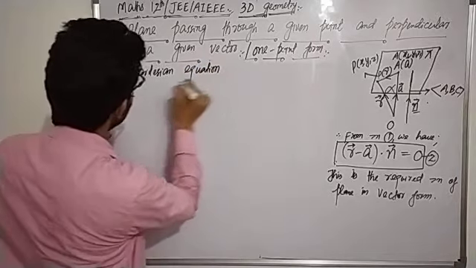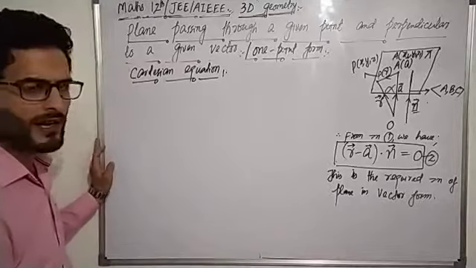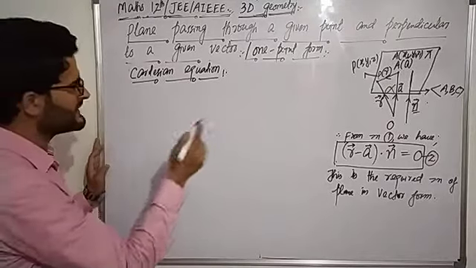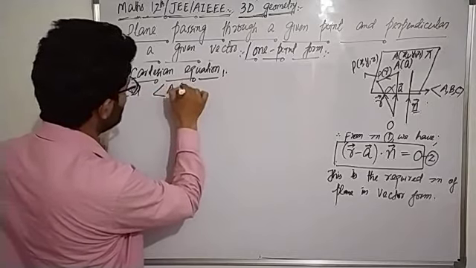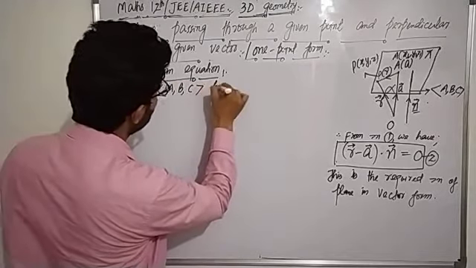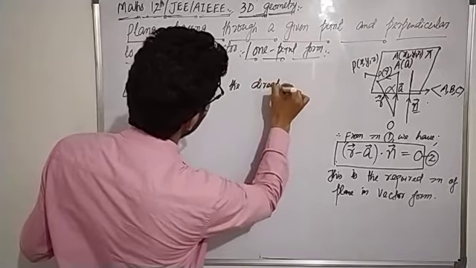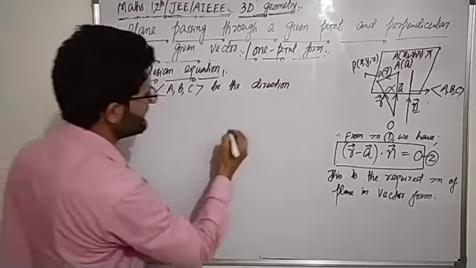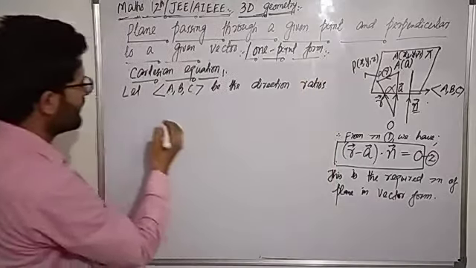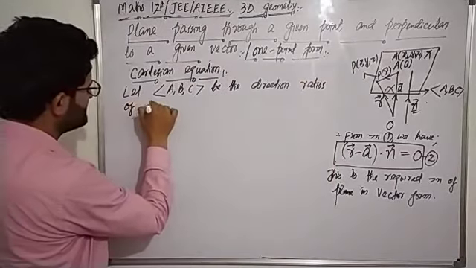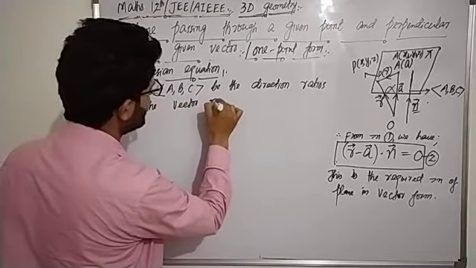तो Cartesian equation में हमने क्या किया कि given vector जो है उसके direction ratios हमने लिए ordered three tuple of A, B, C. So let ordered three tuple of A, B, C be the direction ratios of the vector n,